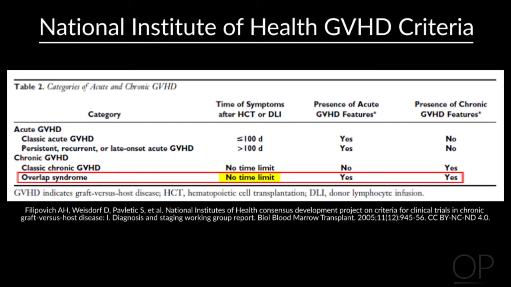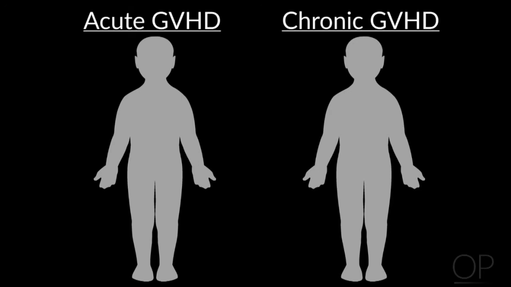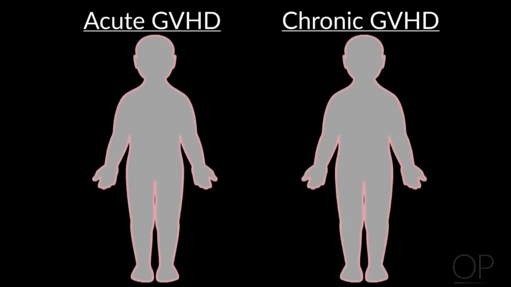In chronic GVHD, the overlap syndrome comprises all of the rest of those patients. So no limit on time, before day 100, after day 100. And in these cases, the features of acute GVHD are present, as are the features of chronic graft-versus-host disease. So within organ system involvement, there is some overlap. So both acute and chronic, the most commonly involved system is the cutaneous system. In acute, the next most commonly involved is the GI tract, followed by the liver, followed by oral graft-versus-host disease